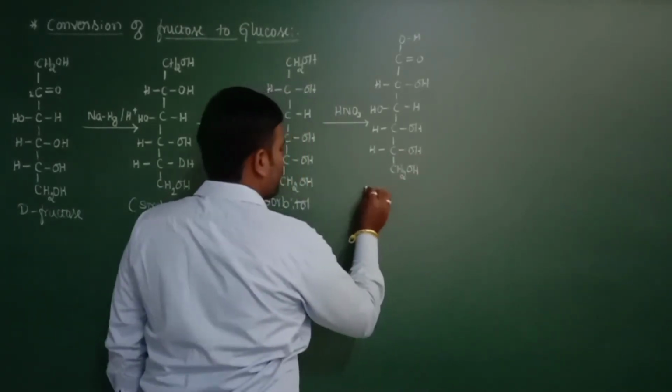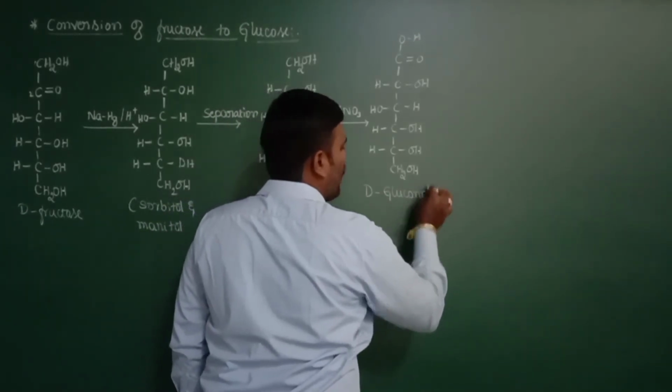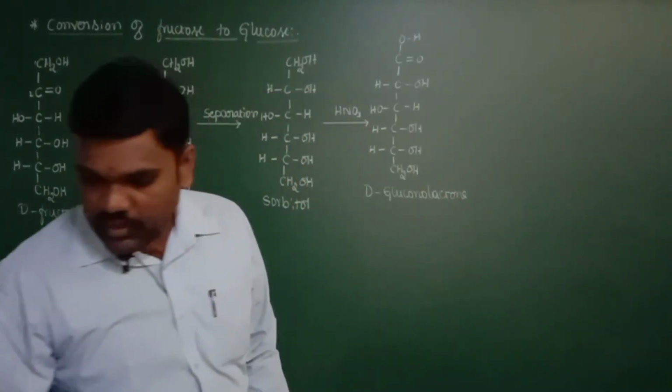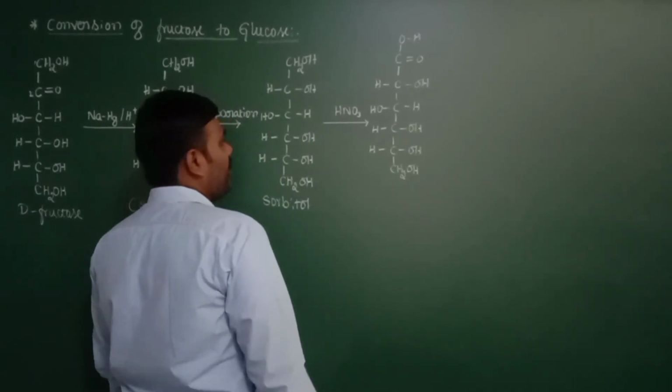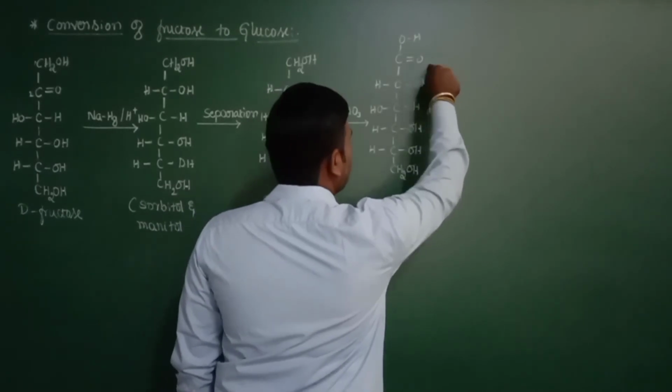So this is D-gluconolactone. When the primary alcoholic group is oxidized to carboxylic acid, we are going to get